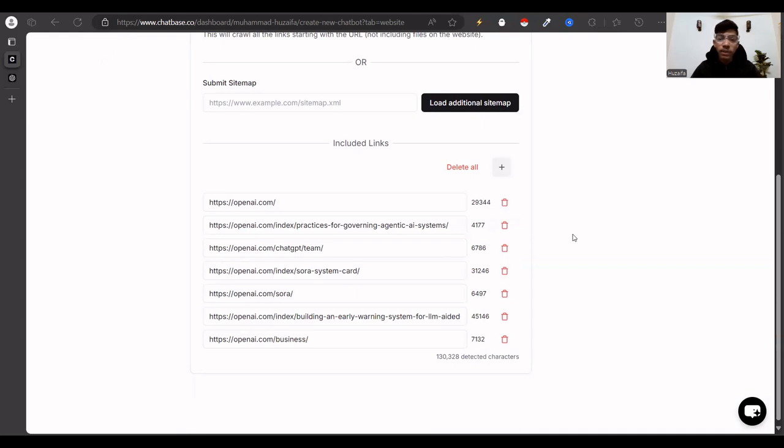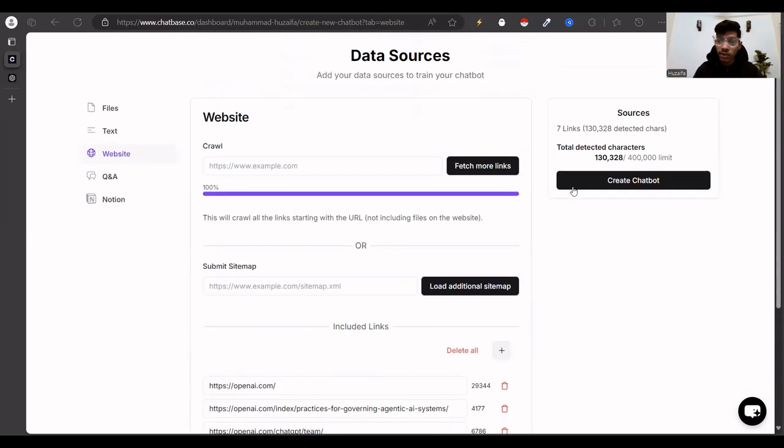But if you are a small company or an agency or a mid-level company, you can just buy the $19 version maybe, and it is like 2000 credits a month, which I think is fine enough for your clients or your team, right? So I'll not be doing that for myself, but I can give you a quick idea over here so you guys can do that, right? For the free trial, it just allows me to get 10 links, but if it is paid, it is unlimited, right? Then we can just go for create chatbot, very simple,